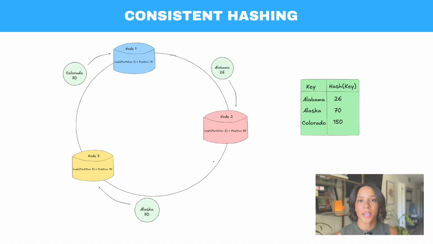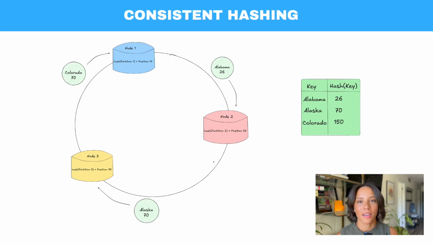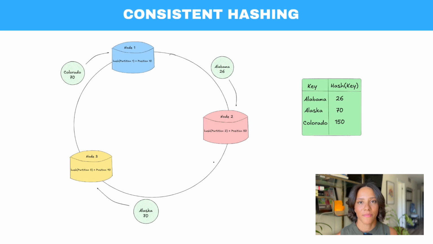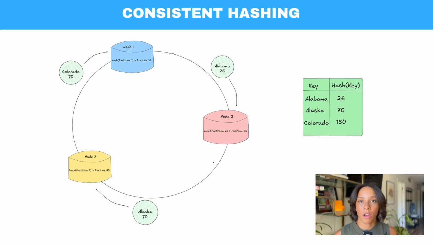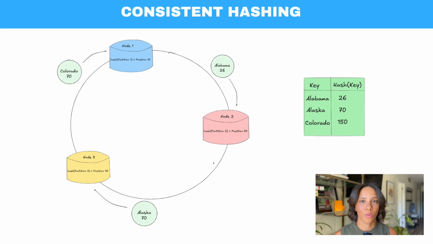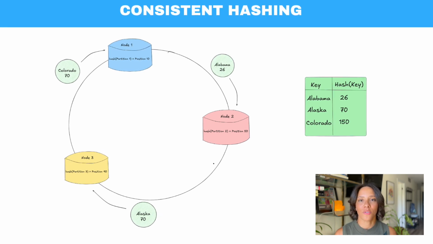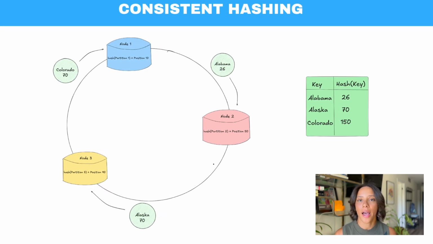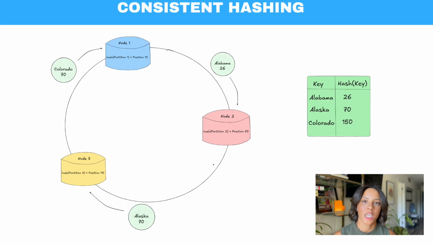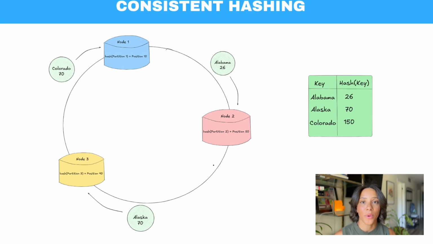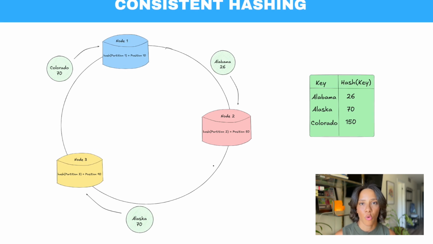So consistent hashing is the next partitioning strategy that we use, and it's beneficial because it removes some of the pain of rehashing all the keys when we want to add or remove a node. First, we take a server and we identify it by an ID. We then apply a hash function to this ID and assign it a certain position on a ring. And each key or data item is also hashed and is placed on this ring as well. So the key is stored in the next server clockwise from its calculated hash position. So this is better than hash partitioning. It reduces the amount of keys that we need to rehash when we want to add or remove a node.